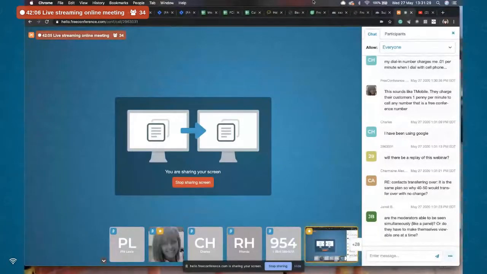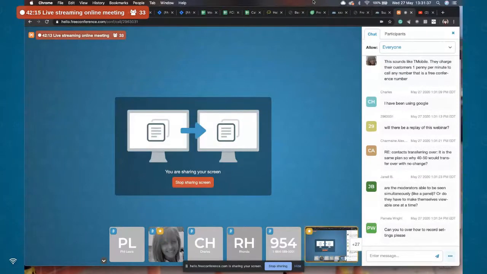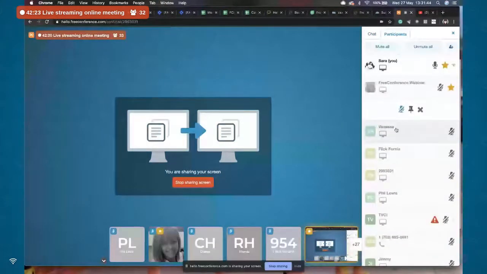The best way to do that is the way that Cara has set it up today. If people are connecting via web, you join logged into your account, you go to your participant list. I can't do it because I'm not logged in, so it's only the main moderator who's logged into their account who can do that. So you would select the people that you would like to be moderators, and you'll see I have a star next to my name, as does my colleague Cara. So that way you'll see people's names, and you'll see who's moderator. So you can assign privileges.